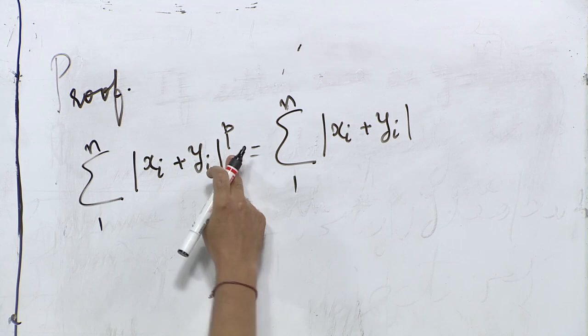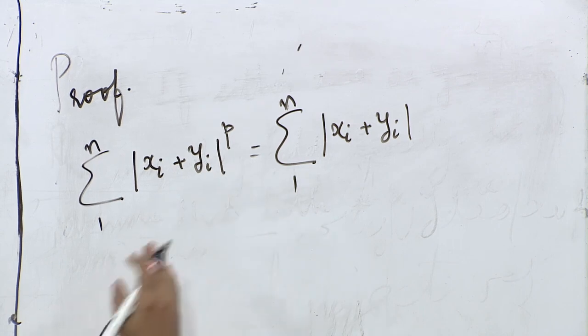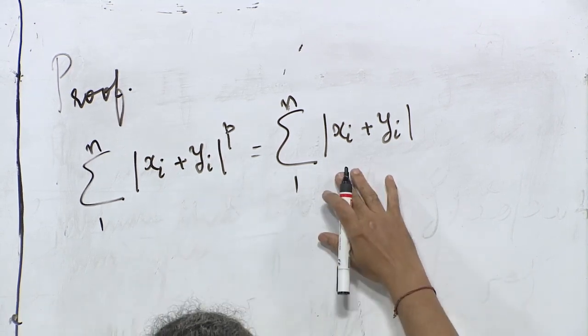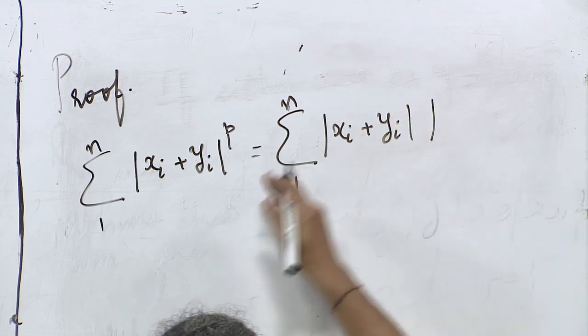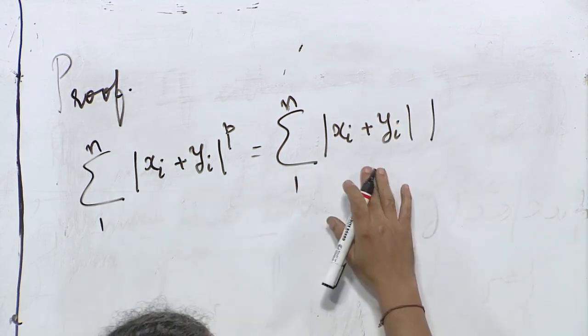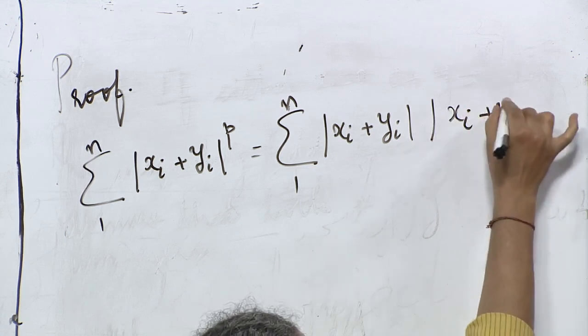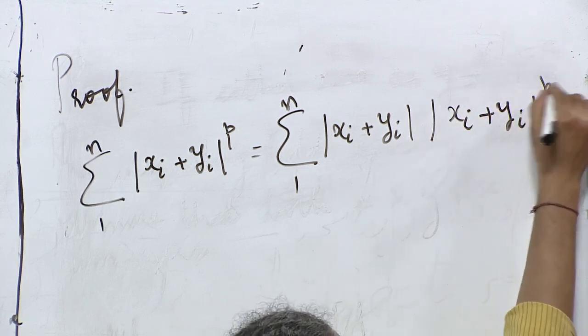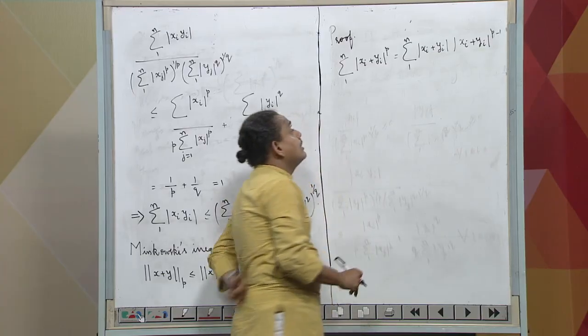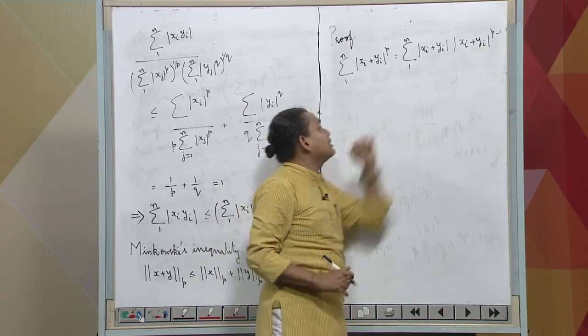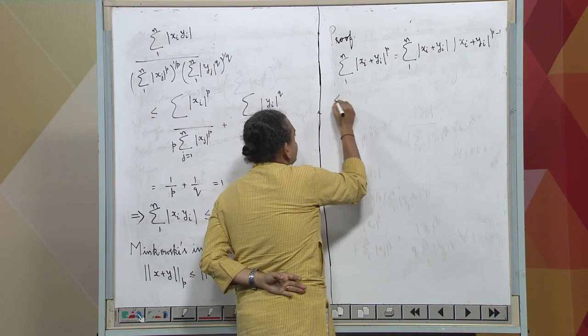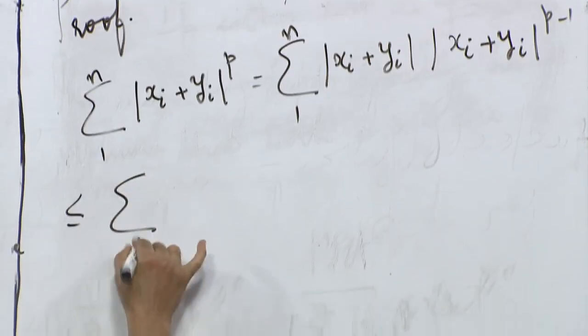So, when you say p, what we are going to do is that we are going to write it as a product of x plus y times the p minus 1 times. Now, we know the triangle inequality for the modulus, let us make use of it here, less than or equal to summation 1 to n